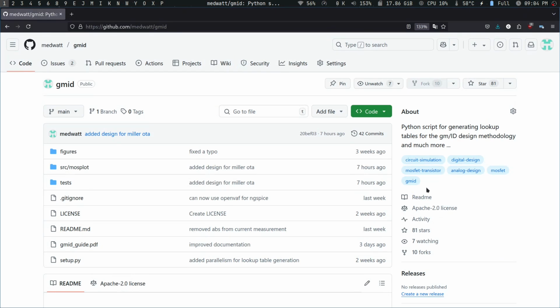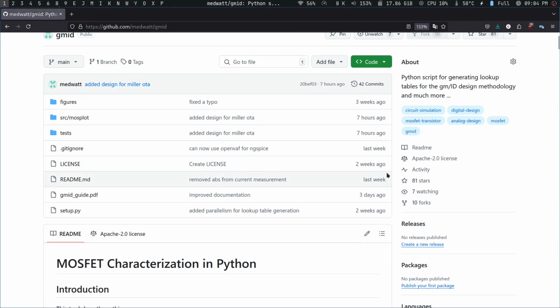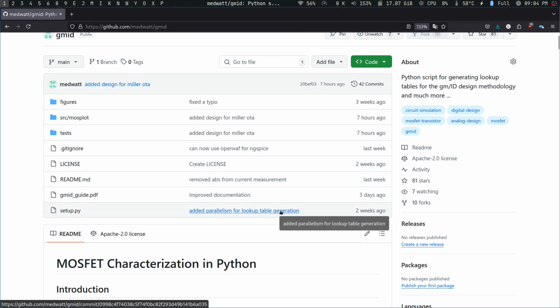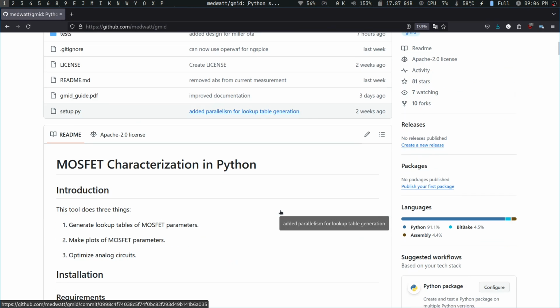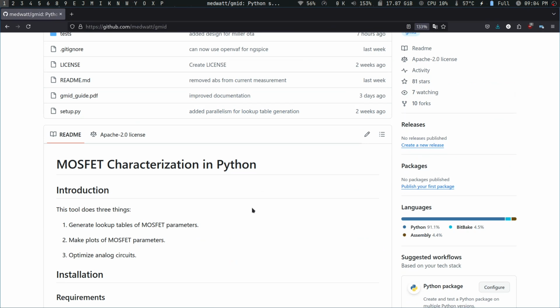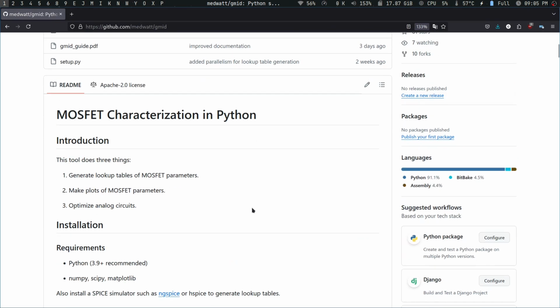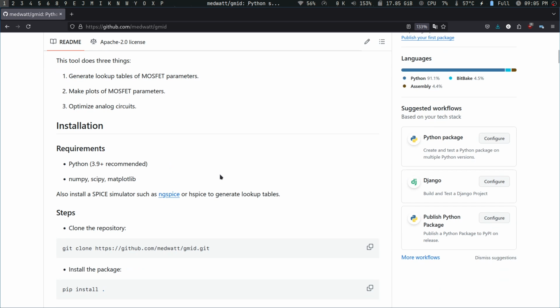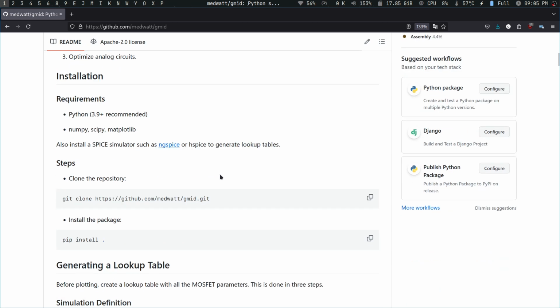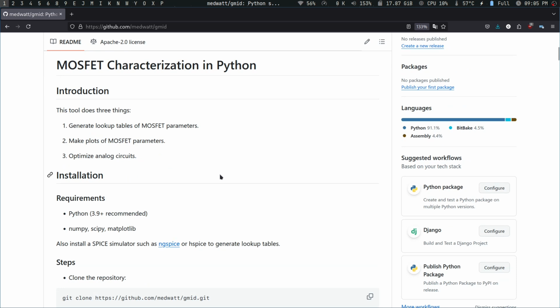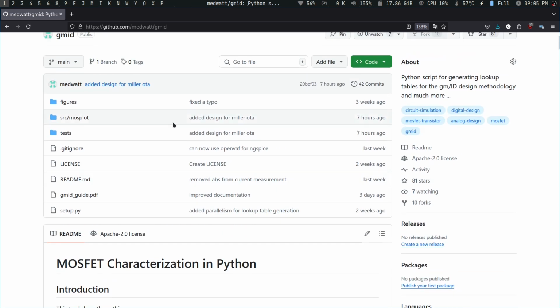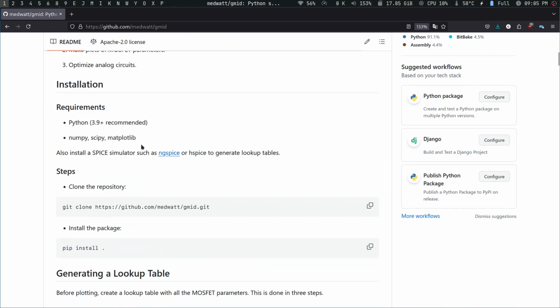About a year ago or so, I made a video about a tool that I had written called Mosplot, and this tool was supposed to be a free and open source tool that can be used to make lookup tables of MOSFET parameters that can then be used to make plots to be used in the GMOV design methodology. So since last time I have made some improvements to the code, and it's now much more flexible in the sense that you can